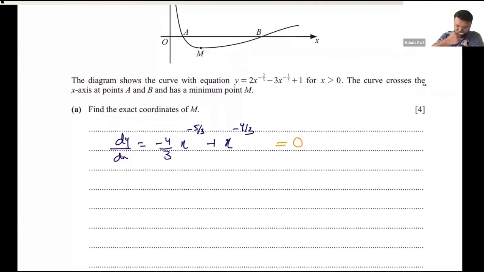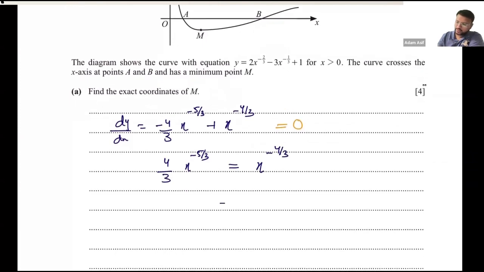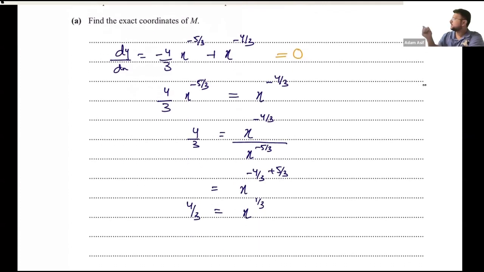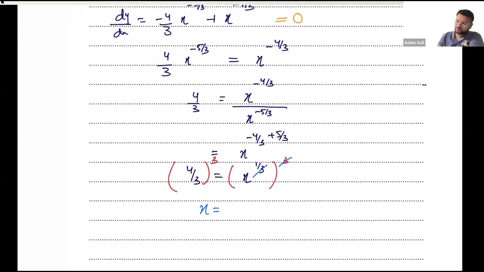इस इक्वेशन को अब सॉल्व करना है। सो 4/3 x की पावर -5/3 इक्वल्स टू x की पावर -4/3। ठीक है, सारे x के टर्म्स को एक जगह ले जाओ। -4/3 डिवाइडेड बाई x की पावर -5/3 इज इक्वल टू 4/3। ये हो जाएगा x की पावर -4/3 प्लस 5/3 जो कि होता है x की पावर 1/3। अब यहाँ से पावर 1/3 एलिमिनेट करने के लिए मुझे क्या करना होगा? क्यूब दोनों साइड पे। तो ये क्या हो जाएगा? x वुड बी इक्वल टू 4/3 का क्यूब। 4 क्यूब होता है 64, 27।